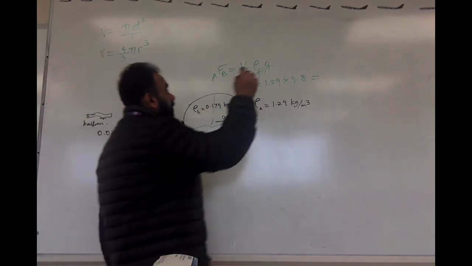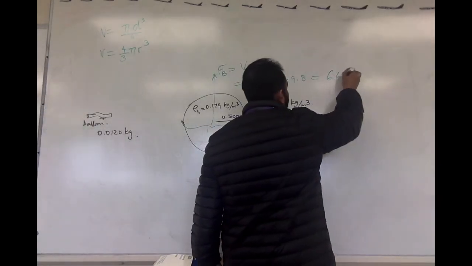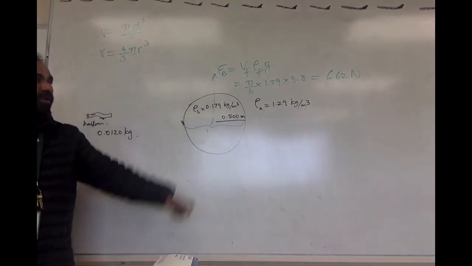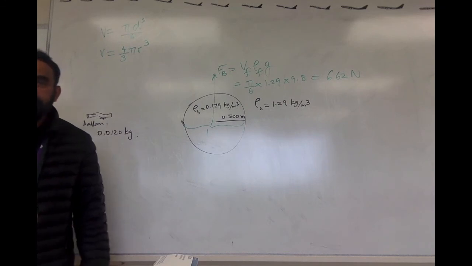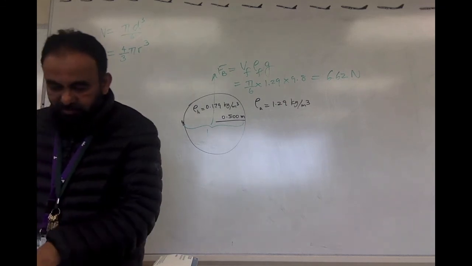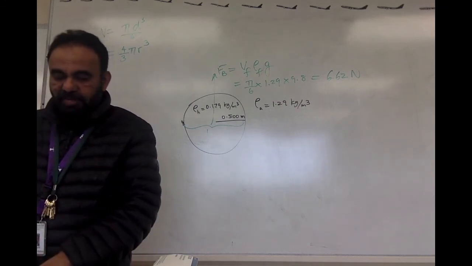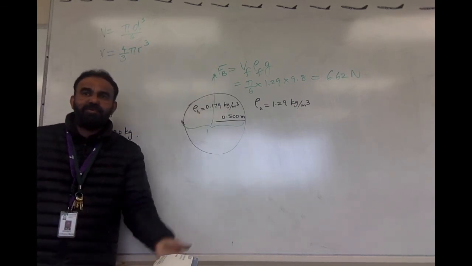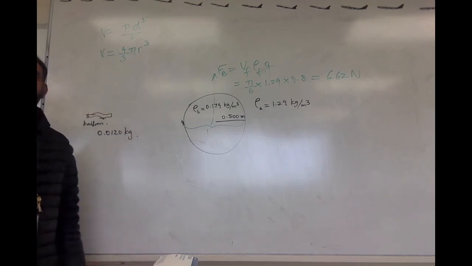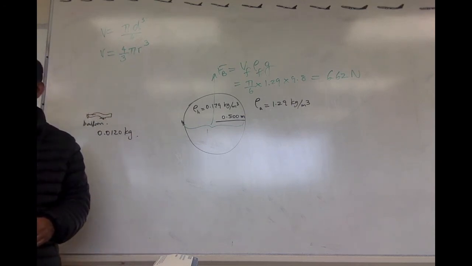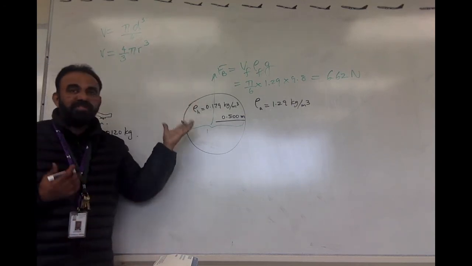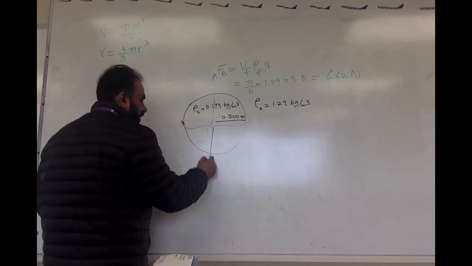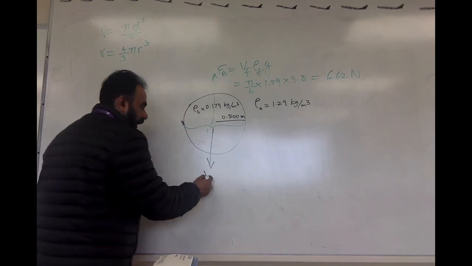6.619. So 6.62. So 6.62 newtons is acting upward because of buoyant force. Is that clear? Now what's the next question? What is the magnitude of the net force acting on the balloon? Is there any other force other than the buoyant force? Yeah. What is that? Other than the buoyant force, is there any other force acting on the helium balloon? Gravity. Okay. So there is a gravitational force, which is the weight